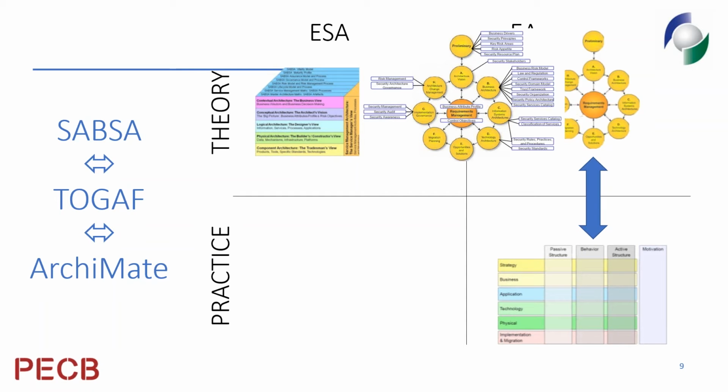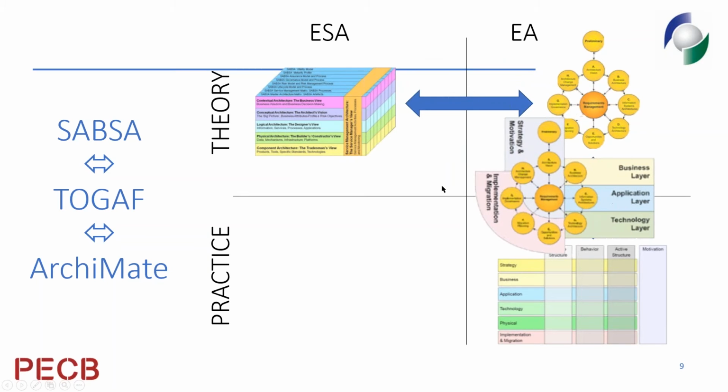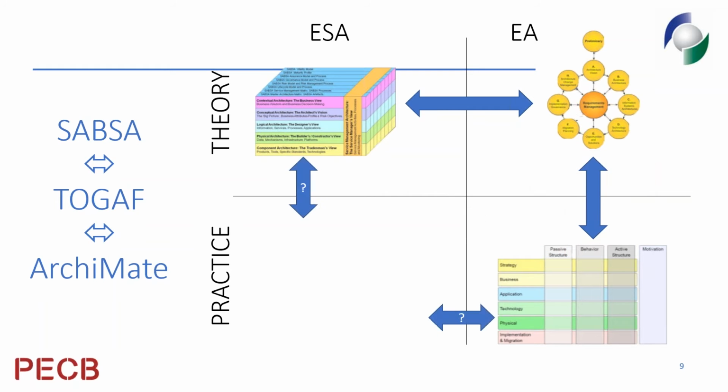We know in theory how to apply a SABSA approach to a TOGAF 9 or 9.1, 9.2 enterprise architecture development method. And of course, given that ArchiMate and TOGAF come from the Open Group, the alignment between the two of those things is natural. They're developed to stay in sync. So the question for us as security architects is how do we fill in that fourth quadrant?